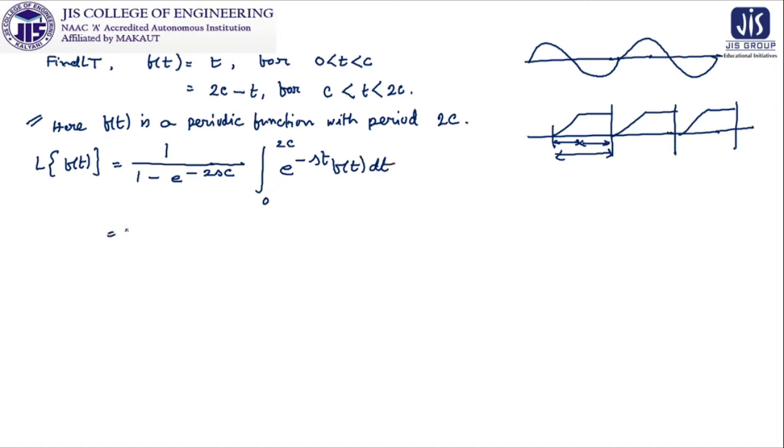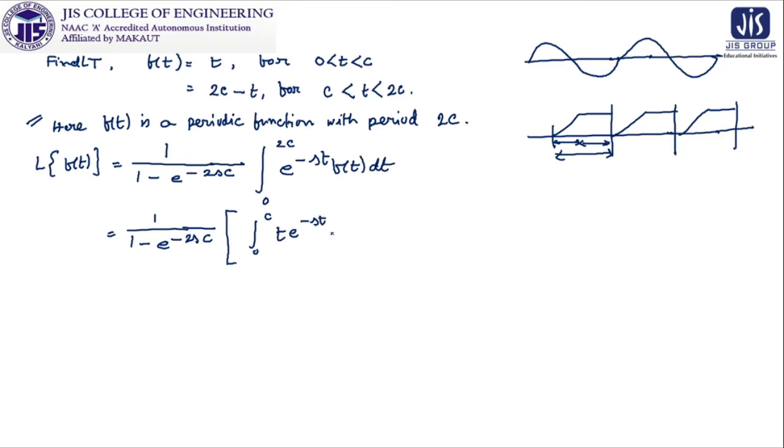Once we have used the property of the Laplace transform of periodic functions, we got it converted into a definite integration. Now the remaining part is to solve this particular problem of definite integration. So we can write it as 1 by 1 minus e to the power minus 2sc. Then this integration, according to the given function, will be distributed